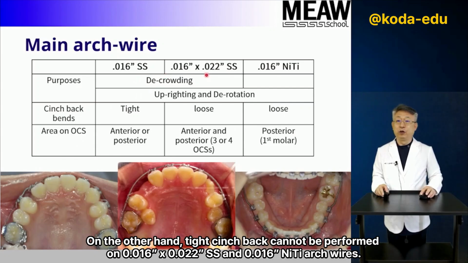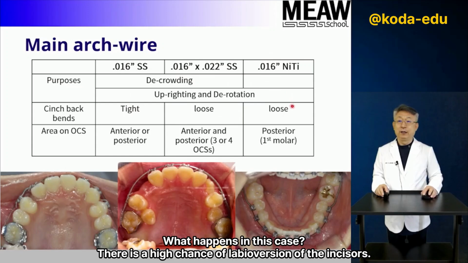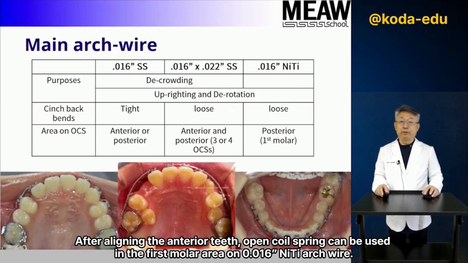On the other hand, tight cinch back cannot be performed on 0.16, 0.22 SS, and 0.16 niti arch wires. What happens in this case? There is a high chance of labioversion of the incisors. After aligning the anterior teeth, open coil spring can be used in the first molar area on 0.16 niti arch